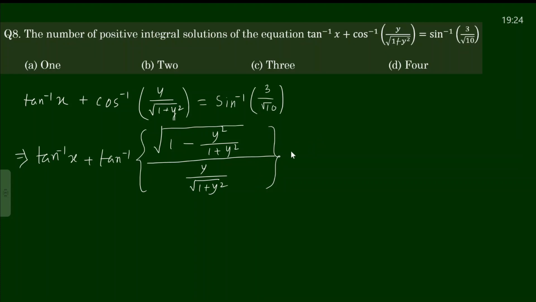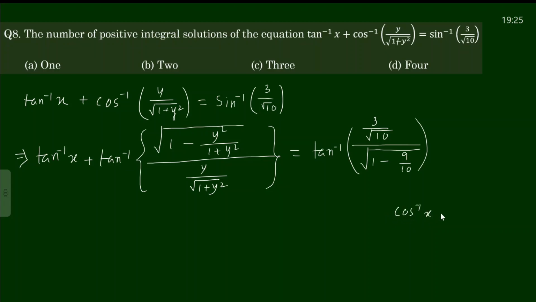This, in terms of tan inverse, is equal to, again, the sine inverse function. So if we write it in terms of tan inverse, it will be this term, that is 3 by root over 10, whole term, divided by root over of 1 minus this term squared. It is actually 9 by 10 on the right hand side. And here I am using this relation, actually